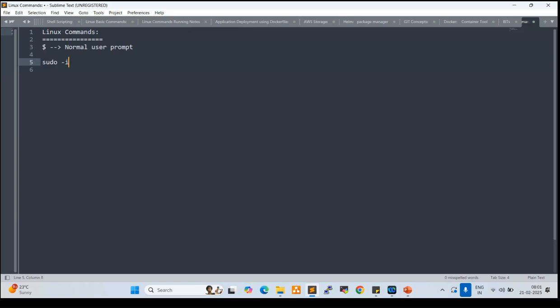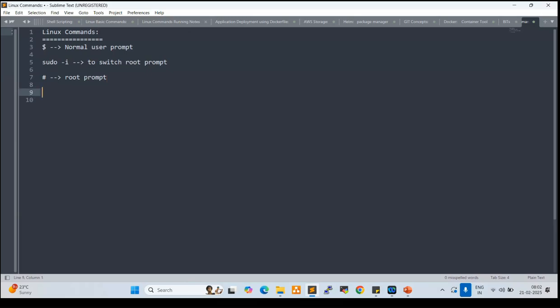Sudo space hyphen i switches to the root prompt. Once you execute this command, the prompt changes to the hash prompt. Hash prompt is the root prompt. What is root? Admin.